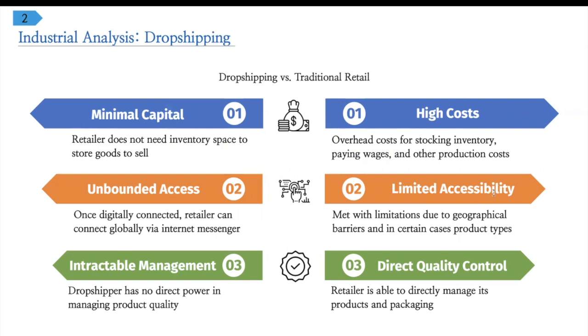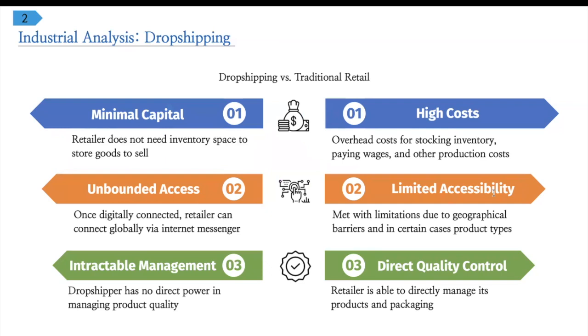Also, the target customer base is essentially unbounded. A dropshipper only needs to be able to digitally contact and negotiate with overseas wholesale or small-scale suppliers via email or internet messenger, which theoretically expands the target audience to be global and international. Traditional retail, on the other hand, is met with limitations in where to sell and who to sell to due to geographical barriers, and sometimes even only limited to physical customers who can only purchase goods physically in retail stores.